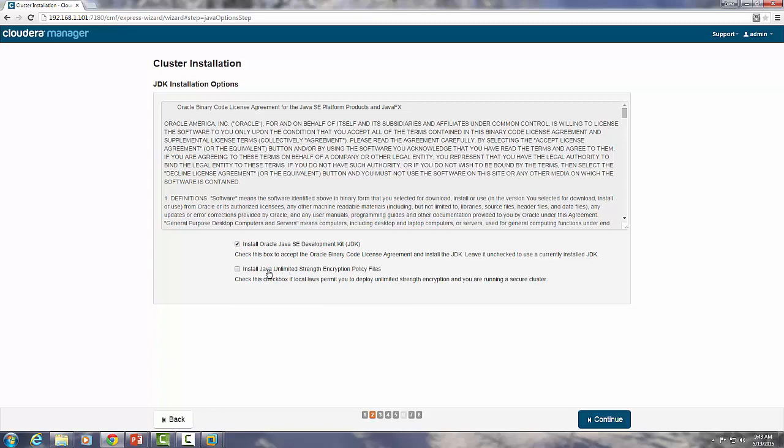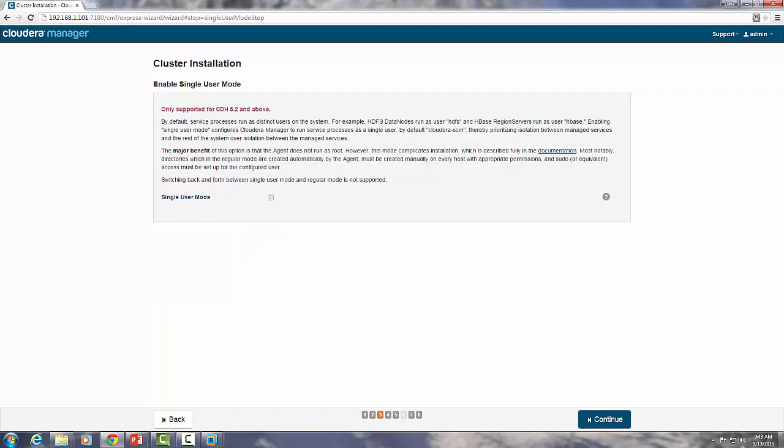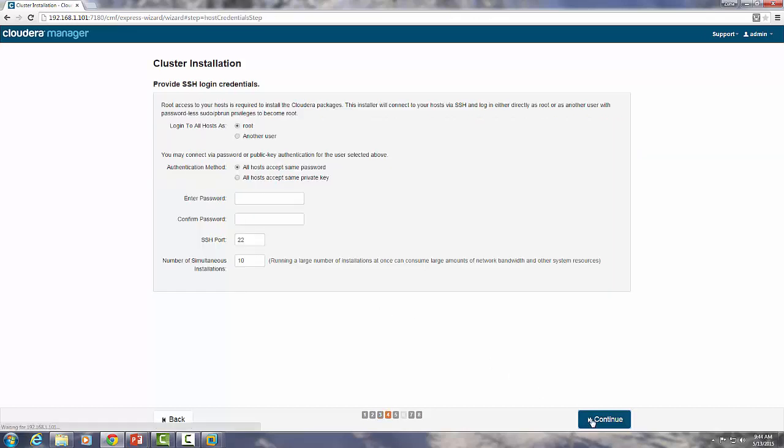this will install Oracle's Java development kit, and we don't need this, but if we need this, we can check this too. We don't want to run on the single user mode, so continue. Login as root, and just assign a password. I assigned Cloudera as the password, and